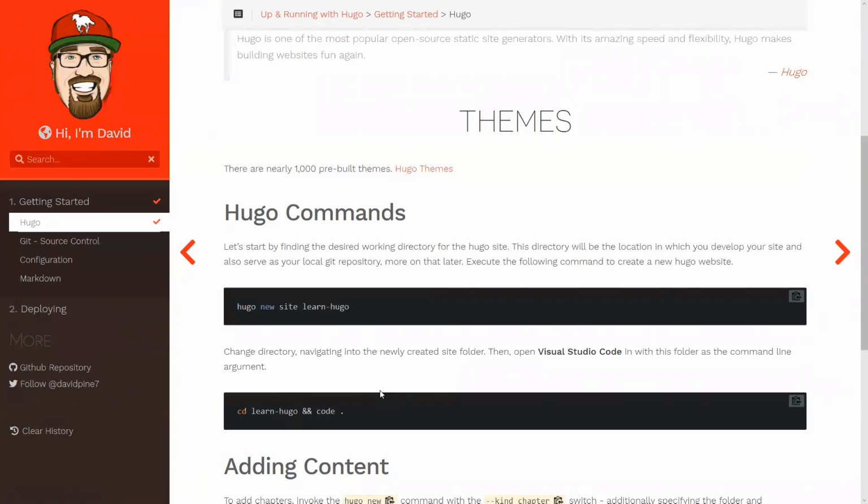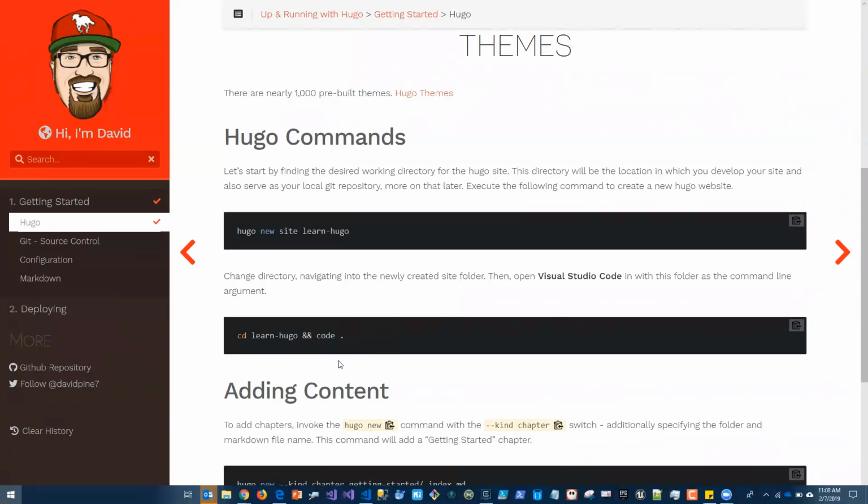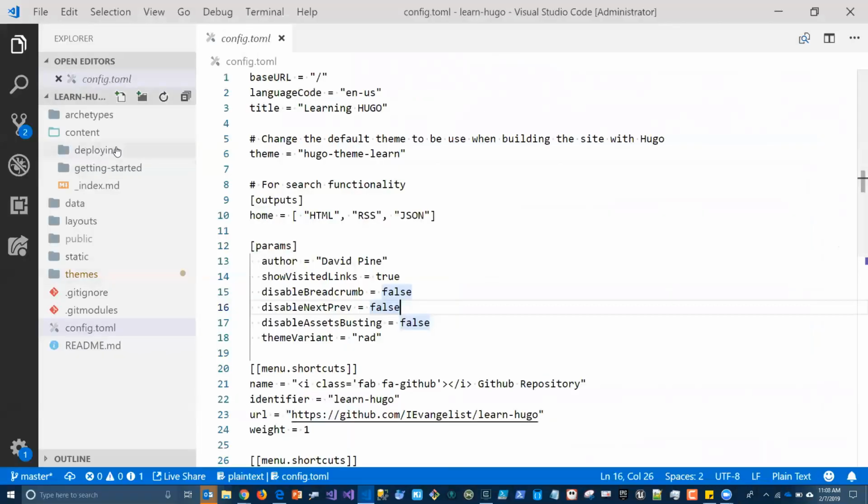And once we're done with that, we're going to change directories into the newly created site, and we're going to open Visual Studio Code. I'll show you what that looks like here. So it opens up Visual Studio Code, and mine's going to look different right now, but some common things that